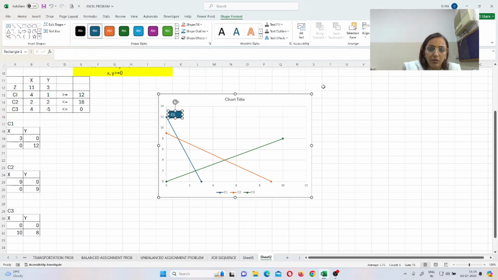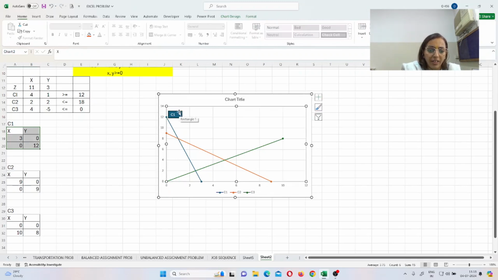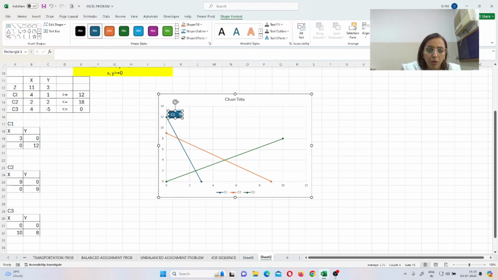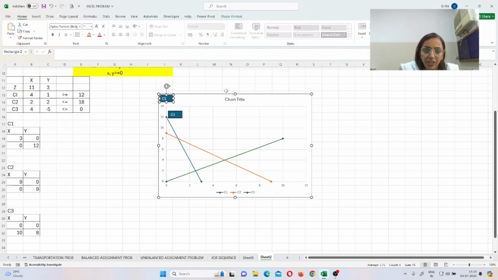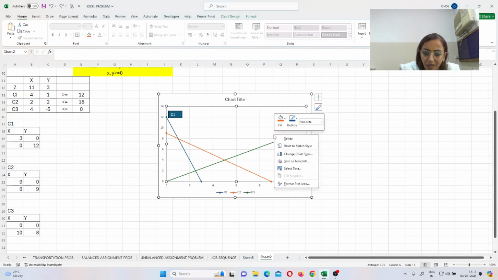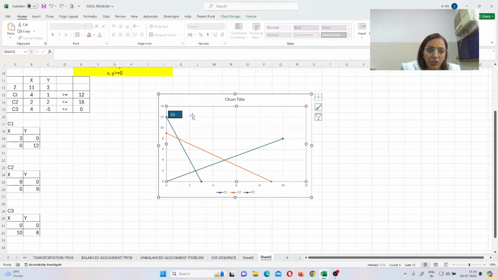This is my C1, right? Then enter. I just want to indicate this blue one is my C1. Copy this one and put it nearby the green one, right? You can just drag it also if you feel like. Okay. Or you just put your figure over here and right click and save the templates. No, we don't want to save the templates. We just have to give the name how we can use it, like this.